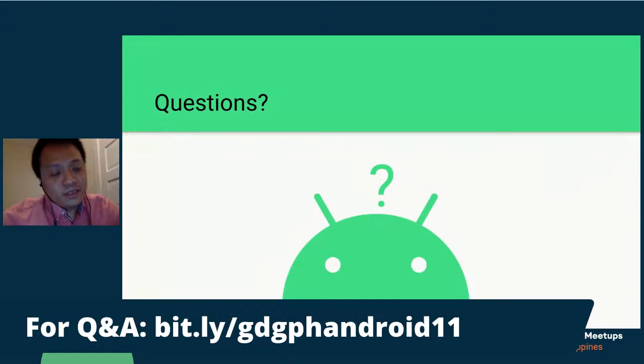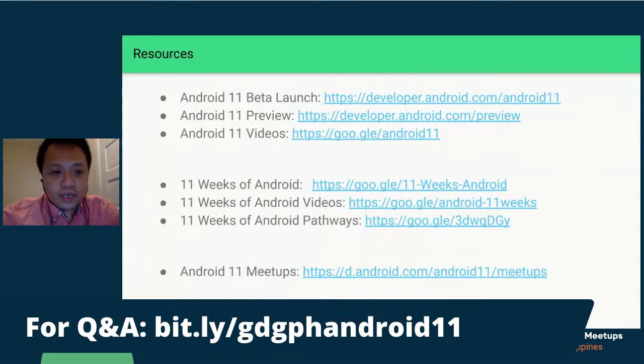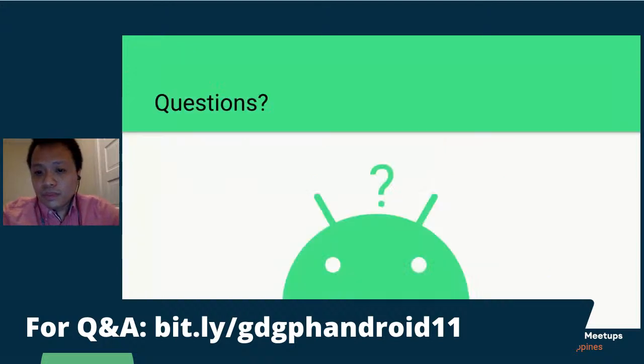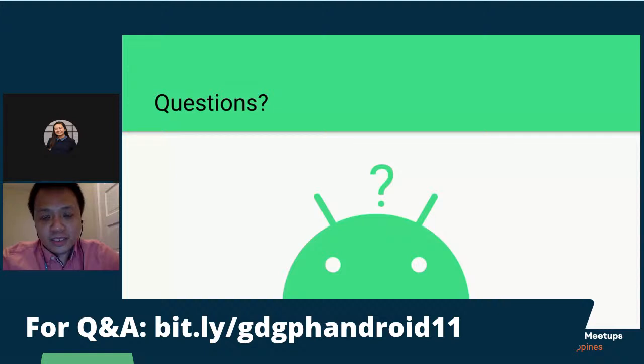So I think I've summarized everything. I haven't really discussed everything because there's going to be a lot, and we only have about 1 hour for this talk. If you really need more information, you can just check developer.android.com/preview. If you need to check whether your application is going to work, you can check all those tools like the compatibility changes and developer options. So yeah, I guess for now we can just